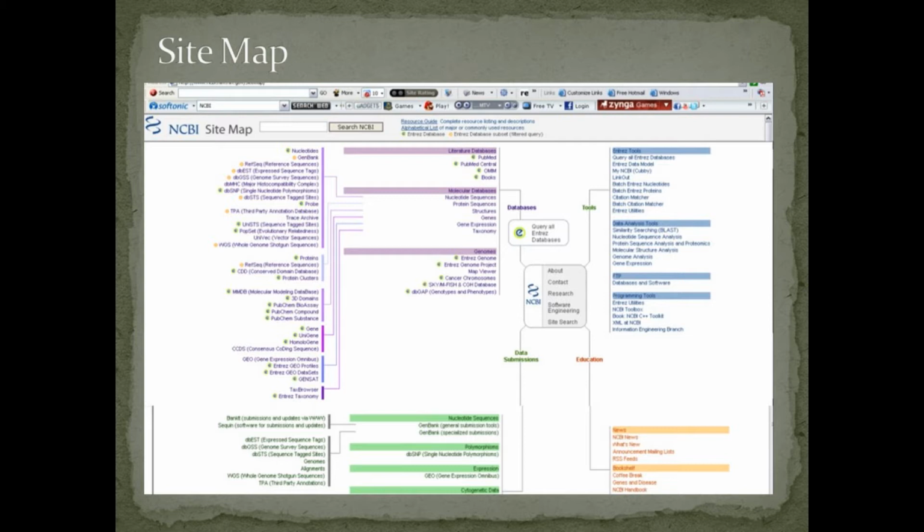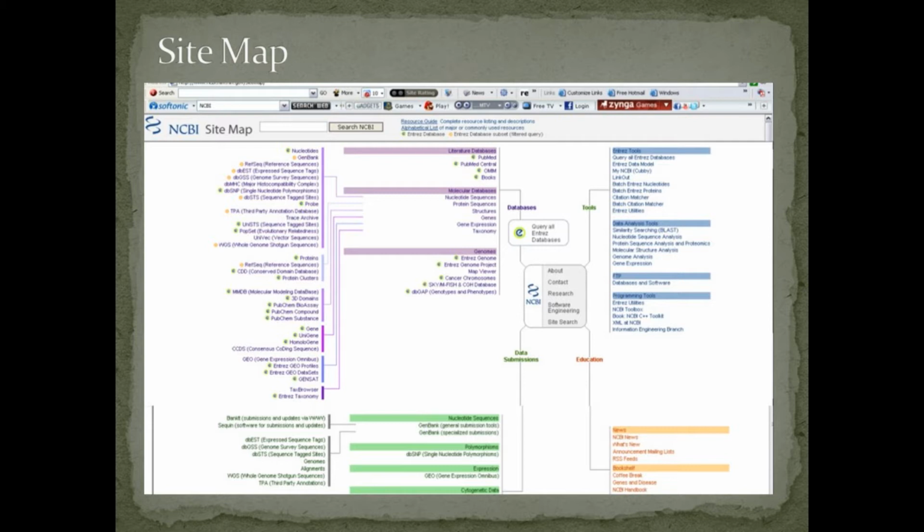Here you can see different types of databases such as nucleotide data banks like GenBank, DDBJ, the reference sequence database, the EST database and so on. Similarly, when we talk about polypeptide data banks or amino acid databases, then we discuss PIR and other databases like TrEMBL.